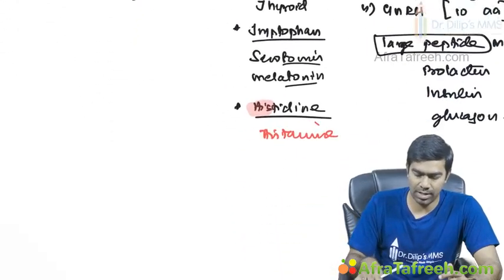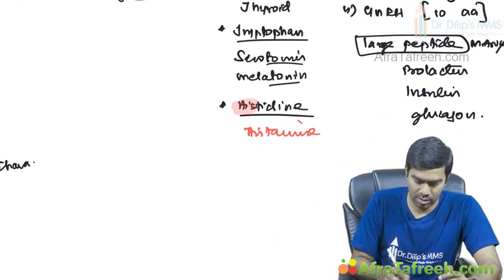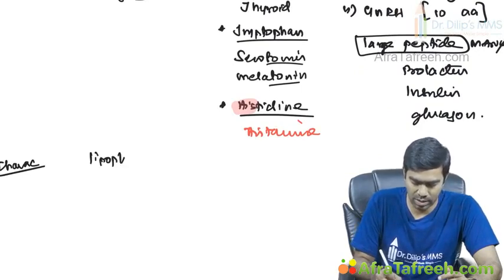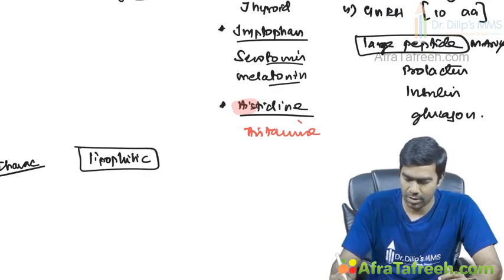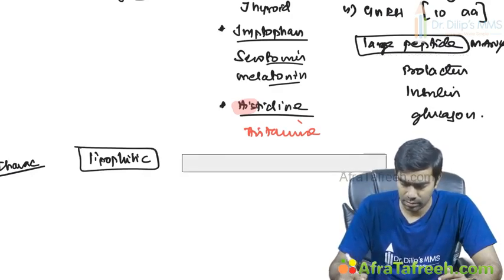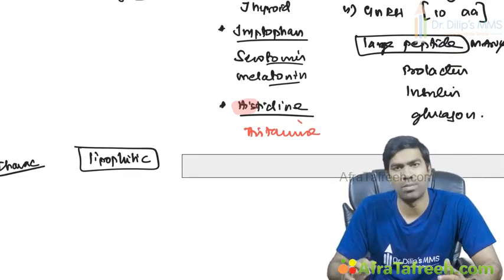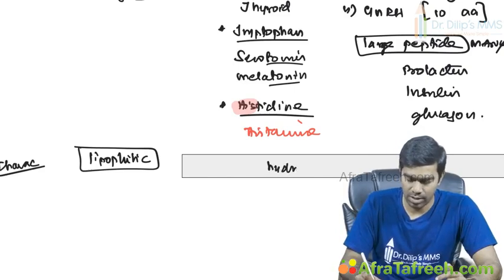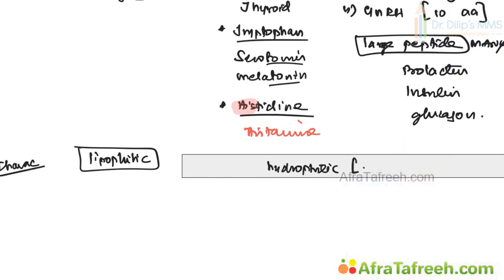And what are the chemical characteristics of these hormones? Character wise, steroid hormones obviously tend to be lipophilic, there is no doubt about that. Whereas your amine-based and protein or peptide-based hormones tend to be hydrophilic. But a major exception for this rule is the thyroid hormone, because thyroid hormones tend to be lipophilic in nature. Clear? So all the amine and peptide-based hormones are hydrophilic except thyroid hormones, which are lipophilic. Apart from that, any steroid hormone is lipophilic.